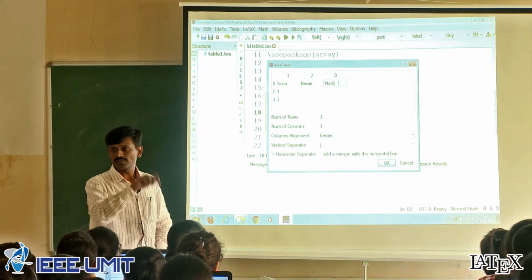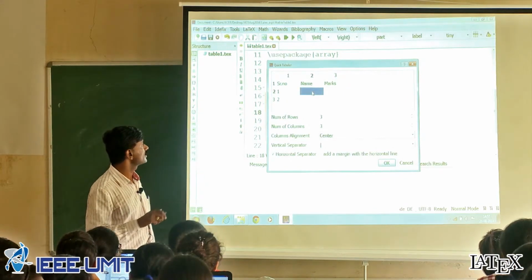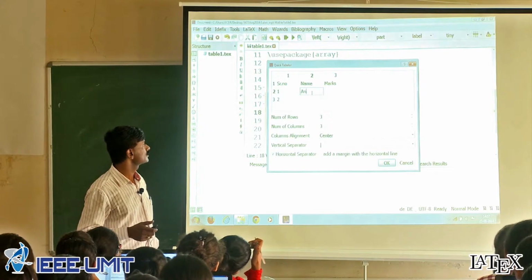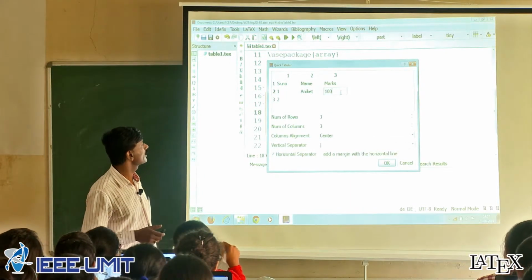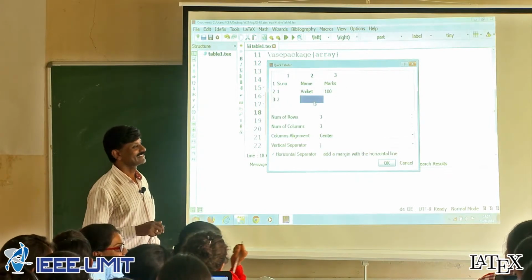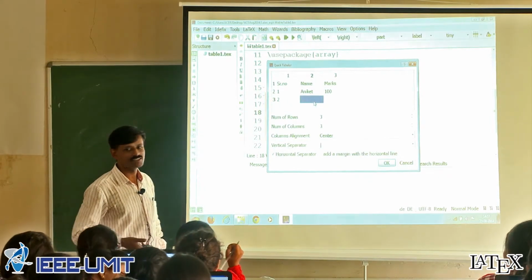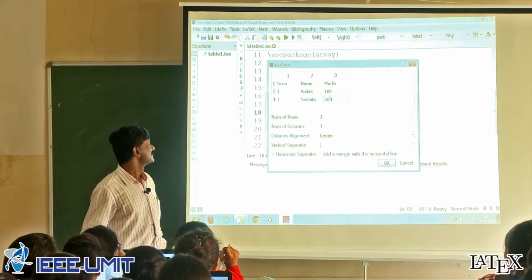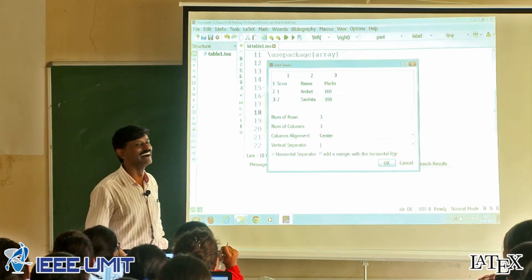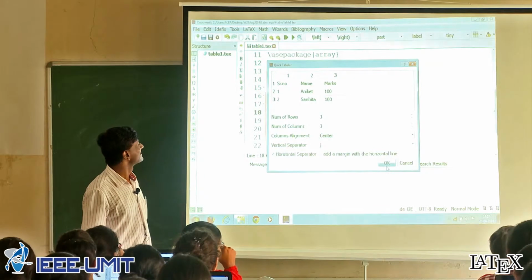This graphical user interface will help you to create the table. Aniket, name of the student, say Aniket, and got, let's say, 100 marks, 100 out of 100. Then my daughter Sahita, she also got 100 marks.